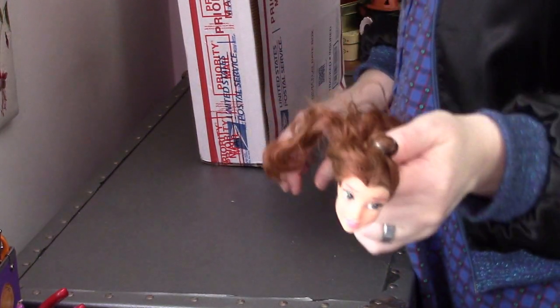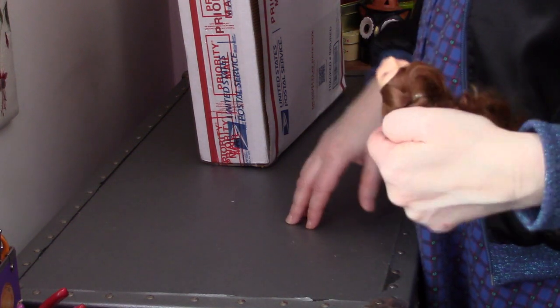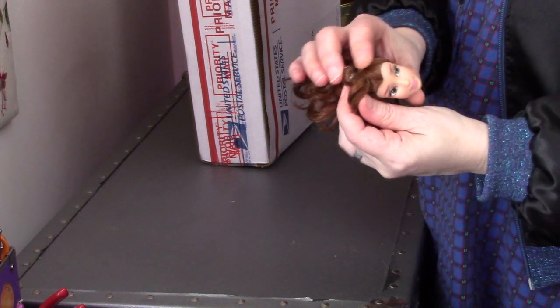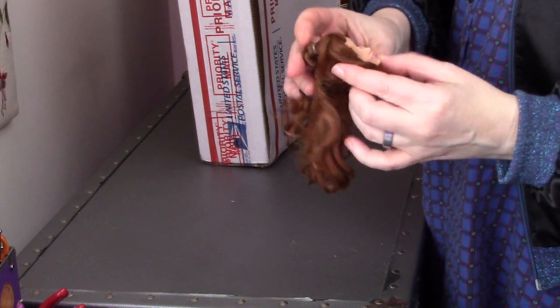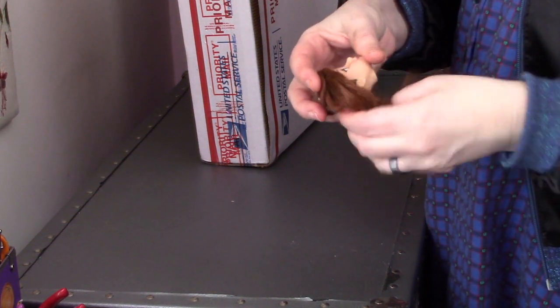A Descendants head, like I said, another head that came from, oh no, that's not Descendants, it's Belle. This might go into the box for John, because I'm just not, as Generation X, I'm not sure a lot of